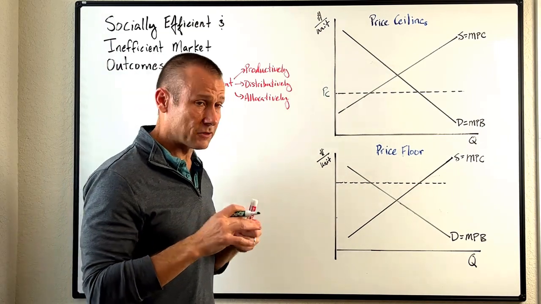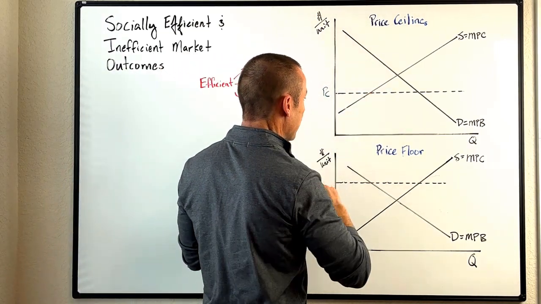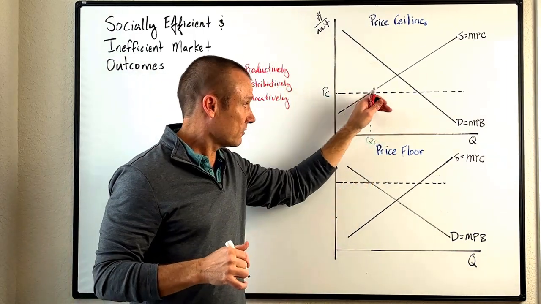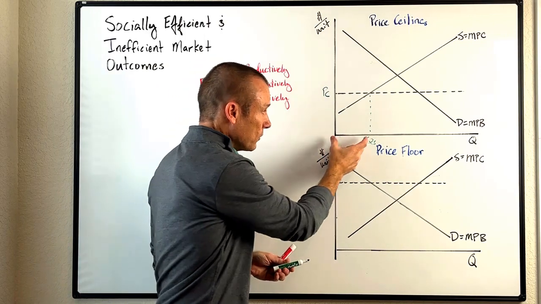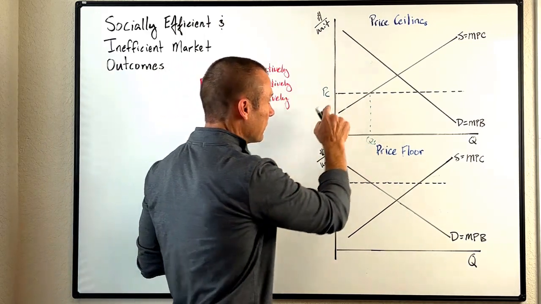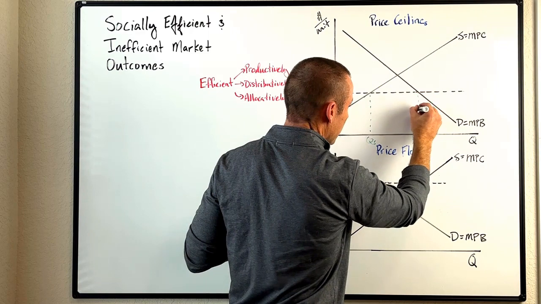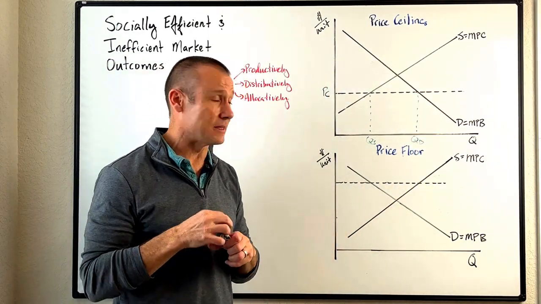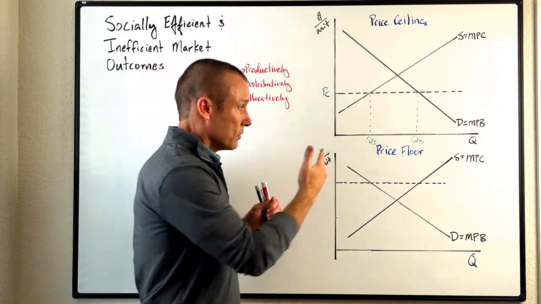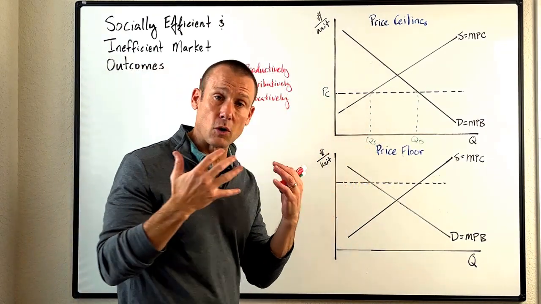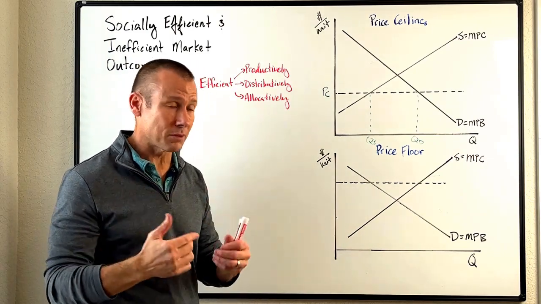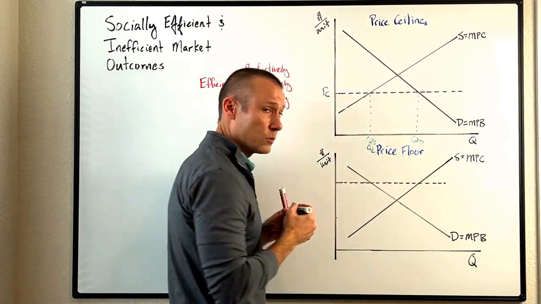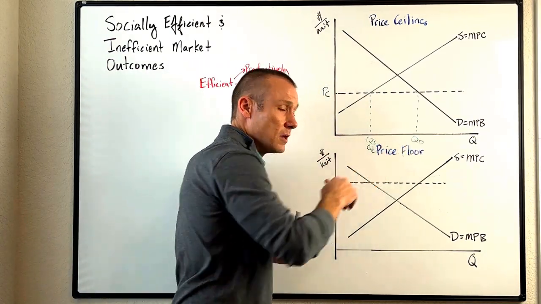Now, with that price control, we would say this distance right here is our quantity supplied, okay? So price hits supply right there, so we're only going to produce this amount of the good. But at that price, all the way to here is my quantity demanded, okay? So I've got my quantity supplied and quantity demanded. Now here's the deal. Yes, more is going to be demanded than supplied, but you can only consume what is supplied, right? So I'm actually going to also put a QC to remind us that's what's going to be consumed. Nothing's going to be consumed to this side.